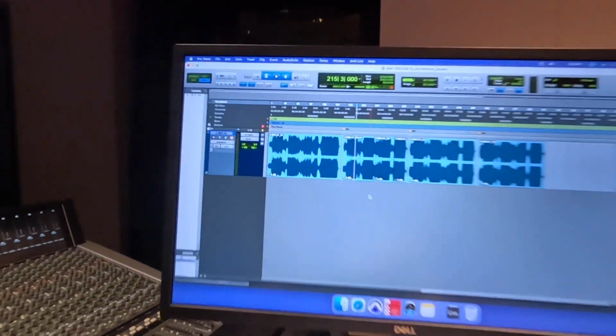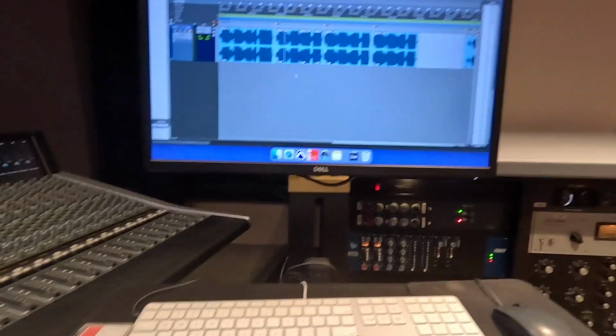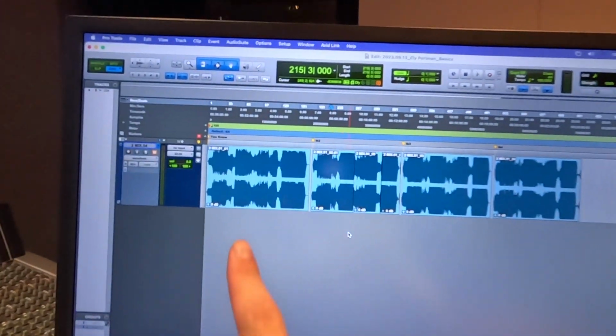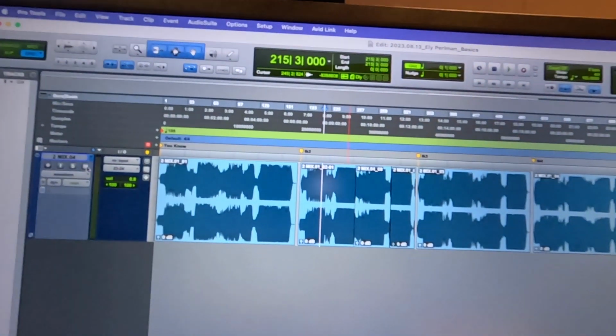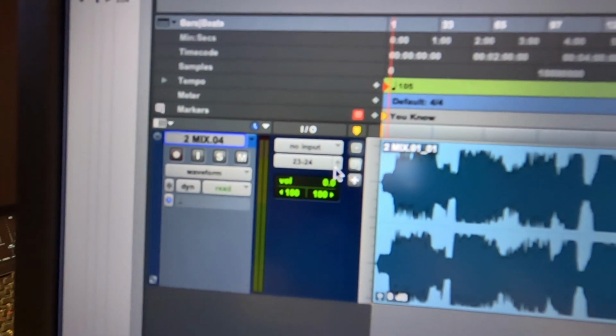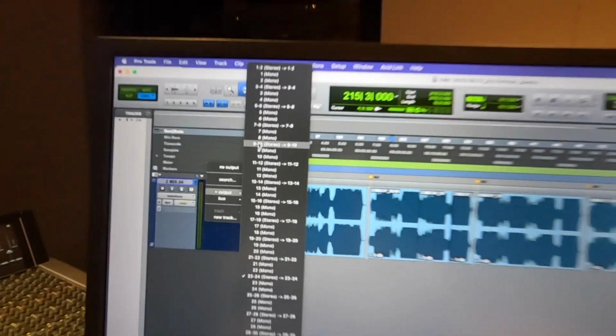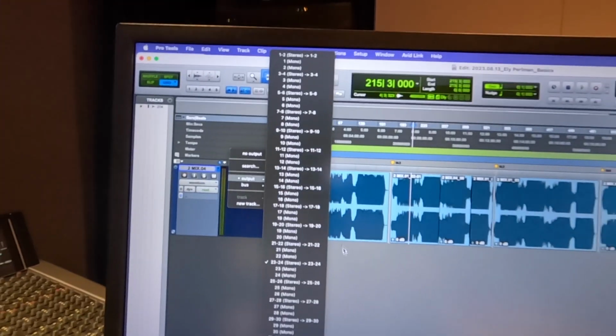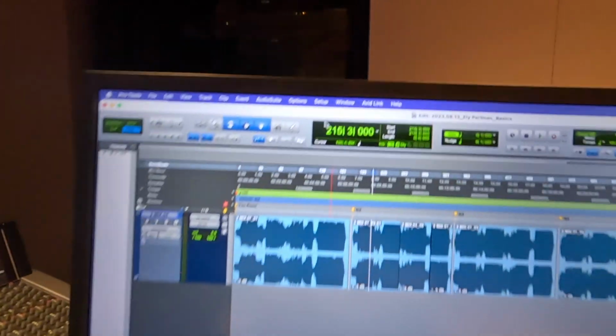So here I am now sitting at the Pro Tools desk, glorious Pro Tools desk, and I'm going to be playing a board mix from one of my recording sessions recently. So I'm going to route this to faders 23 and 24. And if your I/O menu doesn't look anything like this, say if there's an A1 through 16 or a B1 through 16, which happens sometimes, go to Setup,